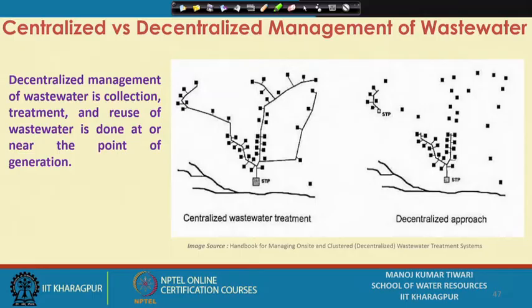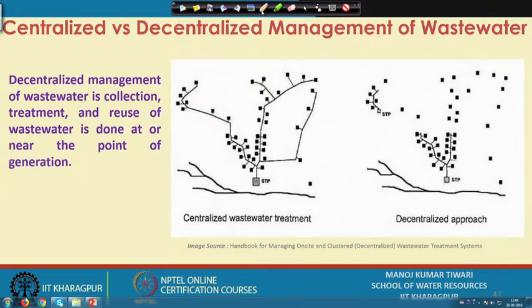To begin with, the decentralized management of wastewater is the collection, treatment and reuse of wastewater when it is done either at the point of generation or very near to the point of generation, whereas the centralized systems are the systems where the wastewater is collected from the different sectors, different zones, and then is transported to